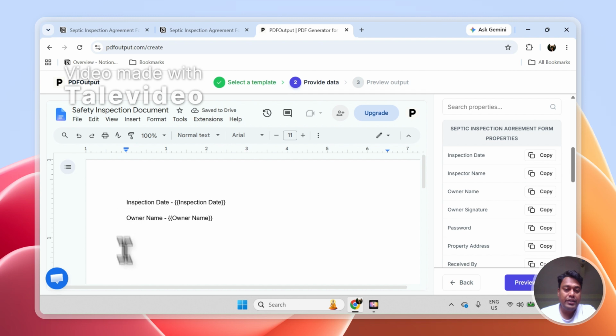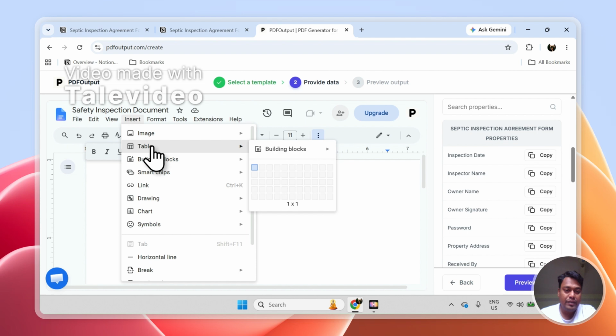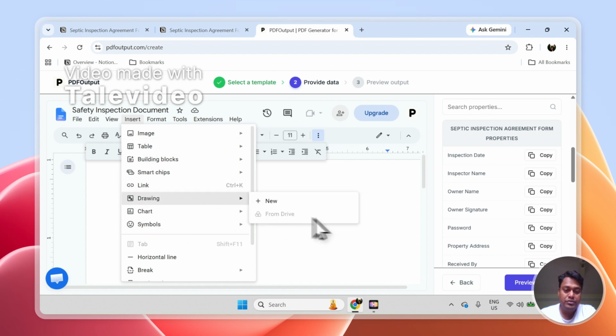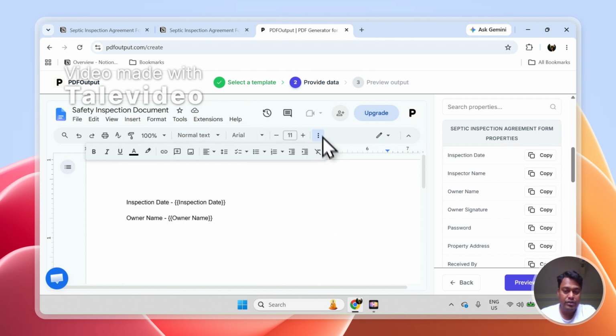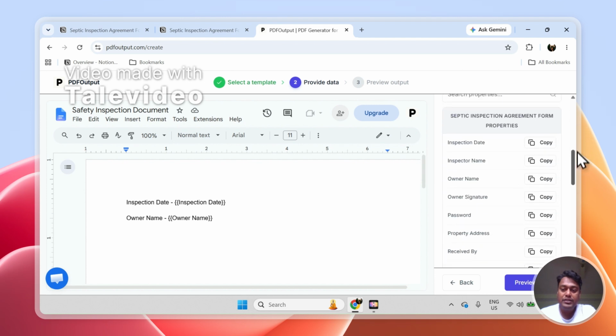Now, obviously, you can design your document the way you want. You have all the formattings of the Google document available. You have all these formatting options. You have even availability of adding tables, images. Everything is available for a use case. You can go with any option that you want. Okay. So I just went ahead with these two properties, and after I am done with all the properties mapping,